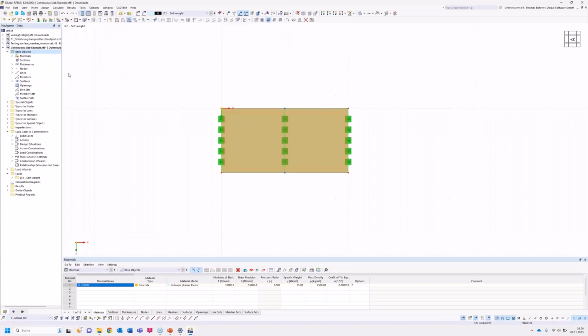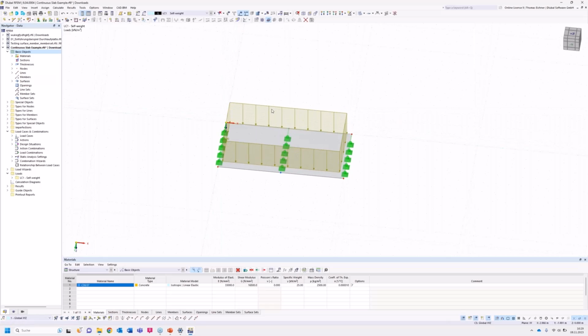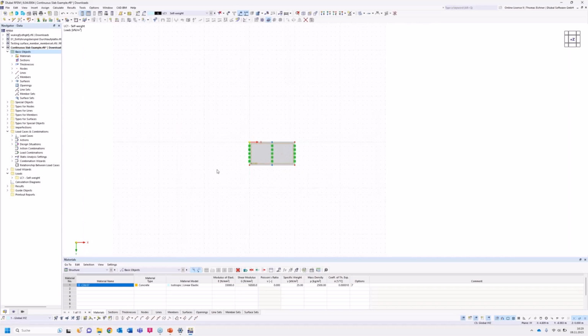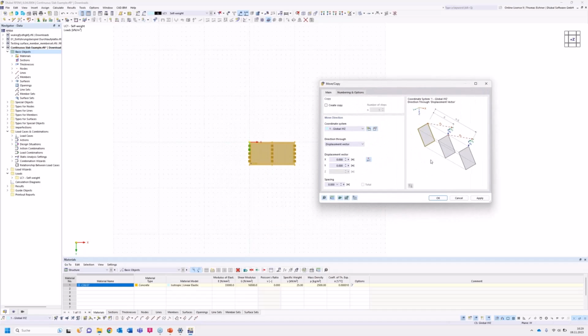After applying it, we're gonna inspect the appearance of the load. So back in the view from the top, we can see the system. And in the next step, we can just select everything we did and use this button here. This means it moves or copies the selected objects. In this mask, we already see on the right hand side what will happen. The selected one will just be copied or moved